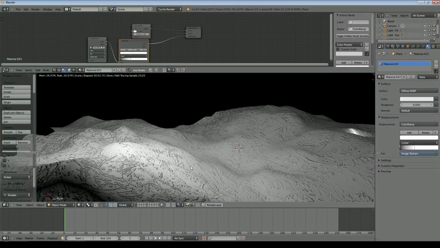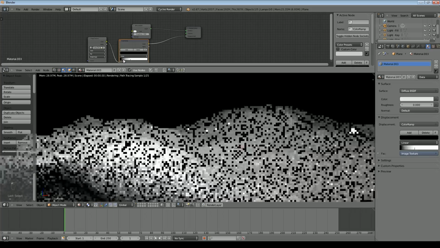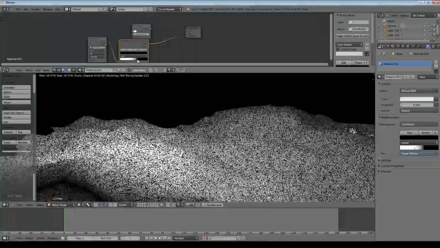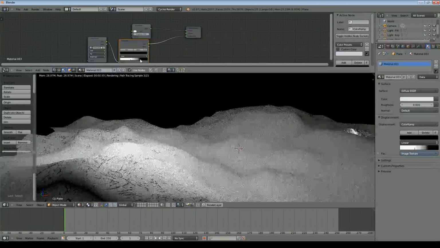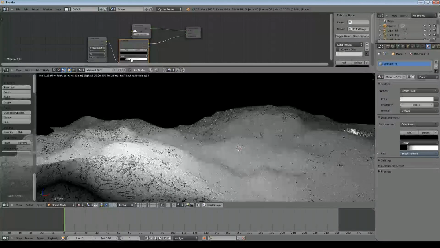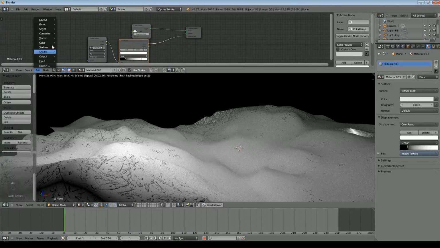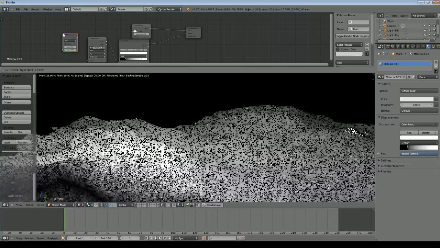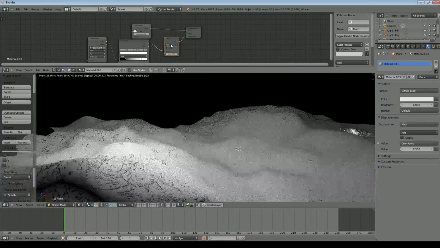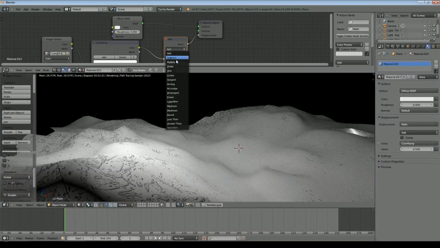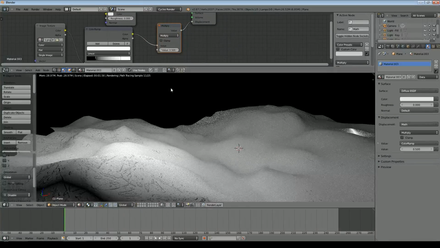If we want them to go in, rather than adding an inversion node or anything like that, you can just push that past. But I'm quite happy with them being in that direction, and we just need to decide how much we want. Add a math node, set it to multiply, and then that allows us to increase and decrease the depth of the bump, as it were.